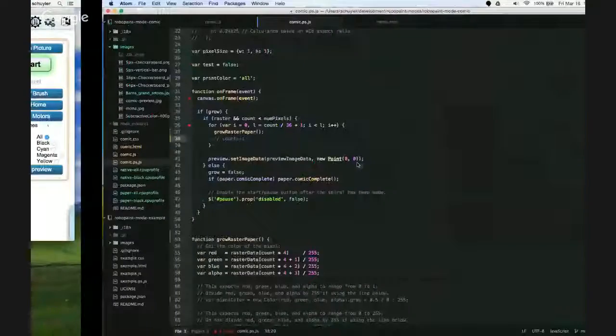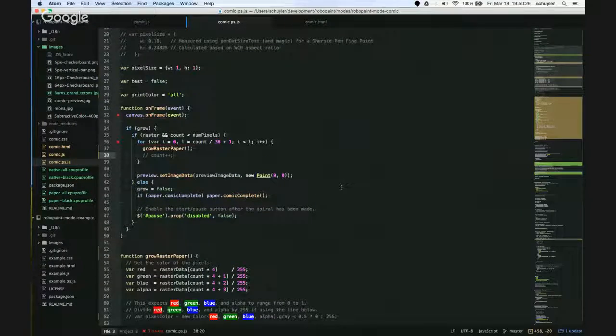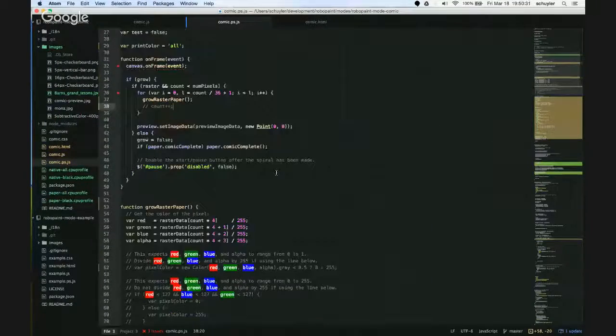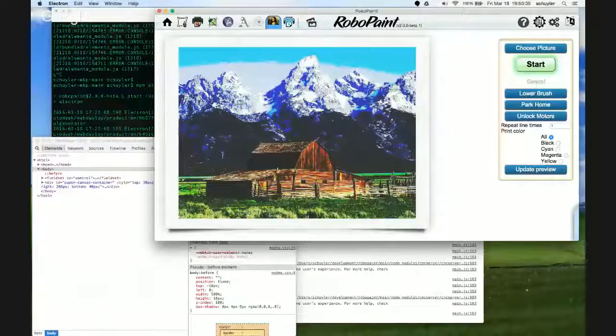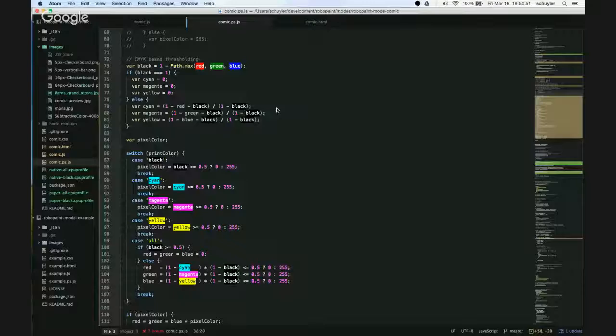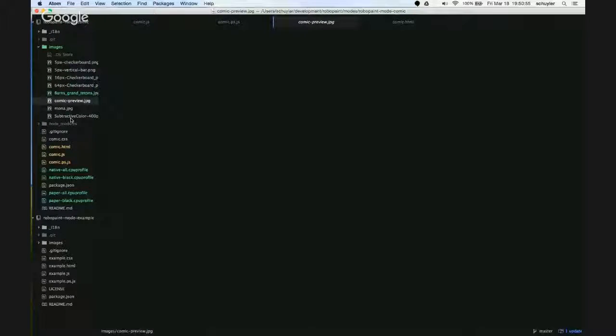I have some other weird math stuff I do to take all this ugly math here to do CMYK stuff. This is what it might look like. I need to test it to see. You can also do black and white as well. But what's nice about this mode is you don't need a vector image, so you can take anything and print it. Here's a nice one. Where is it? This is it. That's way too huge.